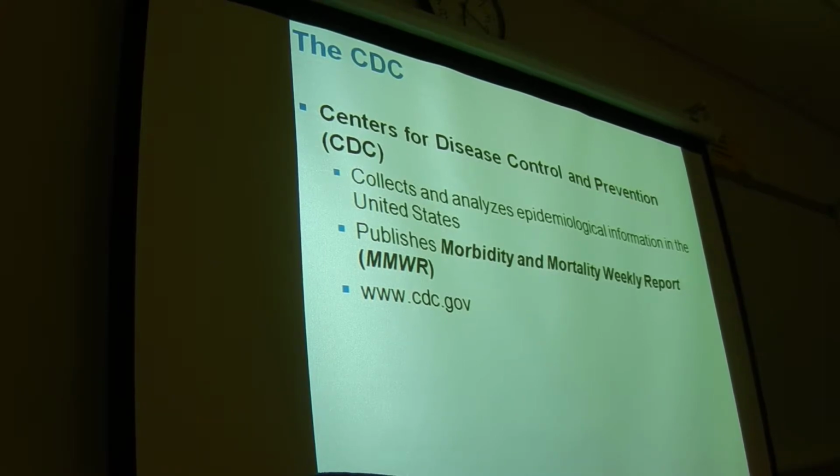Okay, so the governmental agency that collects this data, does research around it, and gives advice to people is the Center for Disease Control and Prevention, the CDC. They collect and analyze this epidemiological information in the U.S. They publish a pamphlet, let's call it, called Morbidity and Mortality Weekly. Some light reading for you guys. Basically, it gives you data for that week about a variety of different diseases and if there are any outbreaks going on anywhere, and then suggestions around that. If anybody's interested, here's the website.